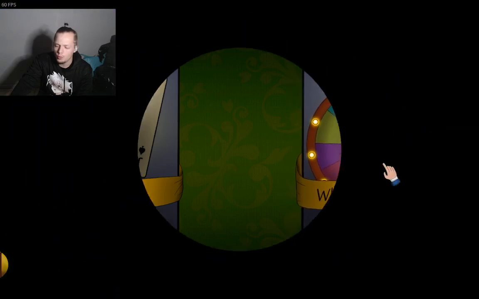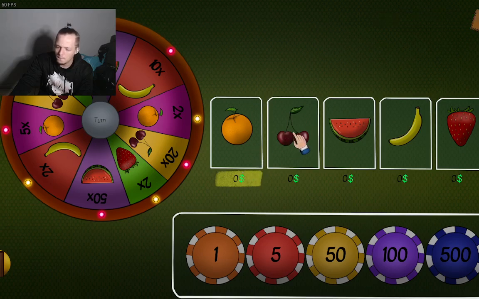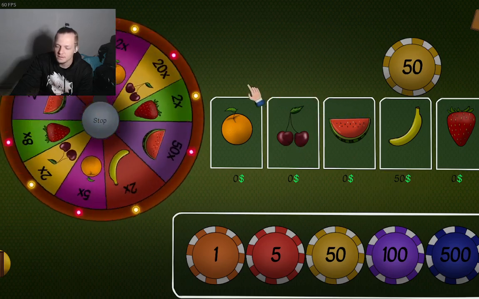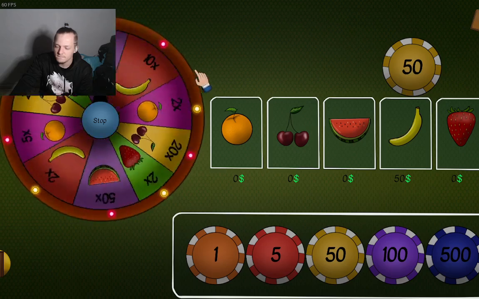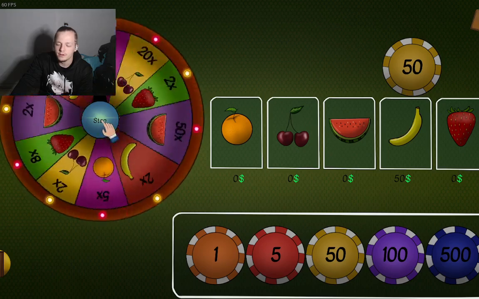Oh! Wheel of Fortune. You know what? I like the way the banana looks. 50. Come on, y'all.